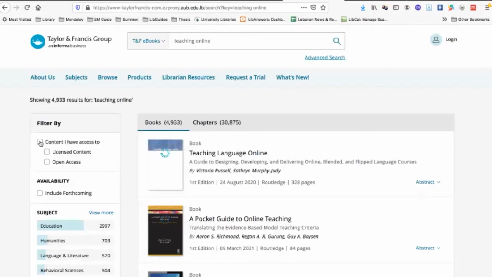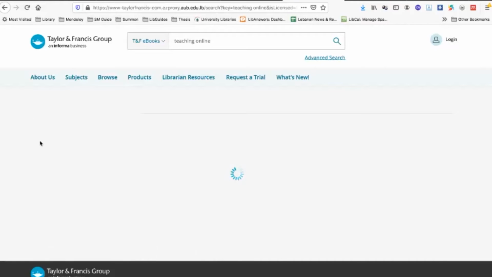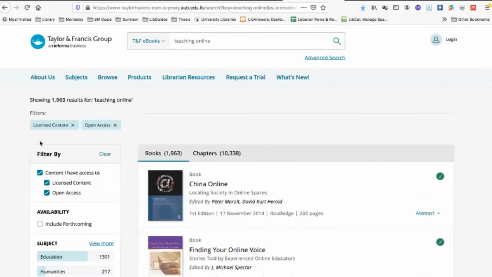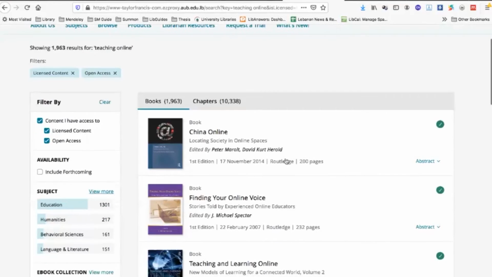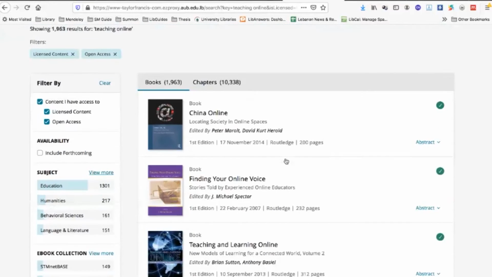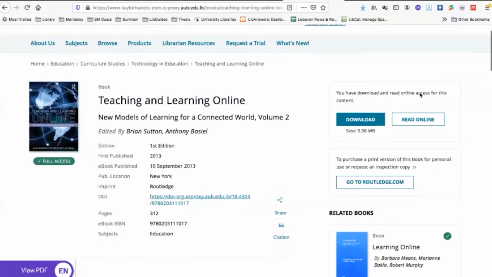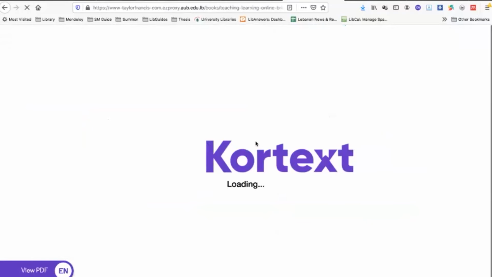So we choose content that we have access to. And this way we know that everything we see on the screen is accessible. Okay, so we choose, let's say, Teaching and Learning Online. So here we have two options, either to download the whole book or to read it online. So if I click on Read Online,